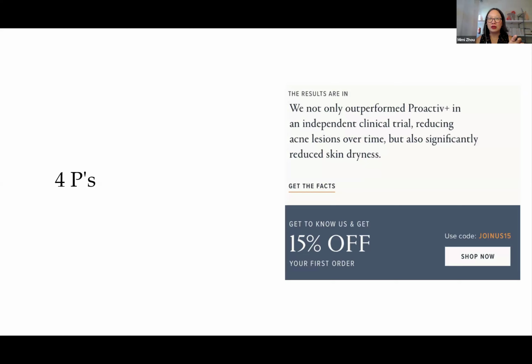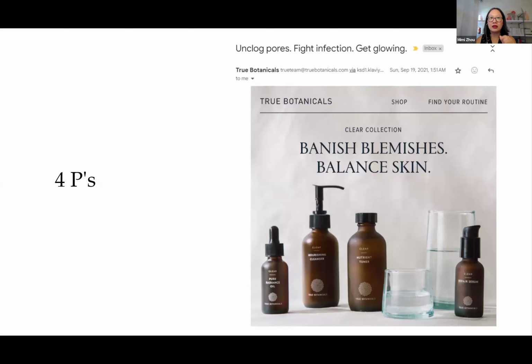I have two things about this email, and the first is that I think the subject line could be stronger, because do I really want my skincare to fight infection? Maybe, but I'm not sure that is what I really think about when I think about skincare. If this sells something that targets acne, I think a stronger subject line is "Fight acne better than Proactiv." It tells you what it does, it names a known competitor, and it tells you that it's better and that it will get you better results.